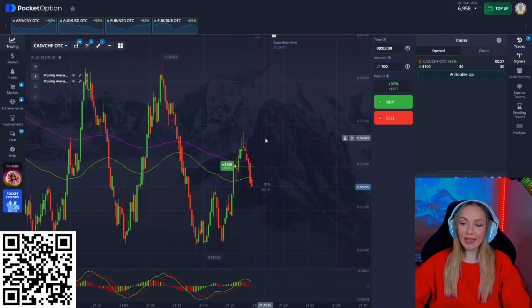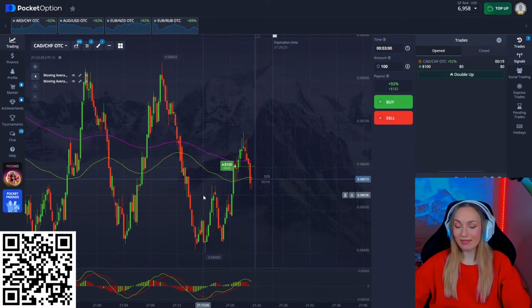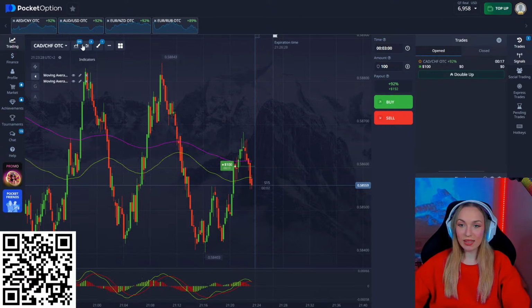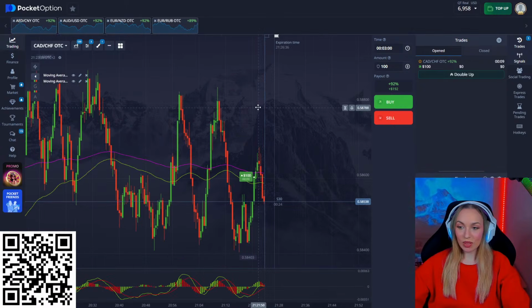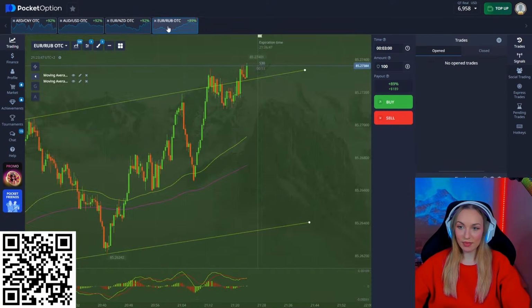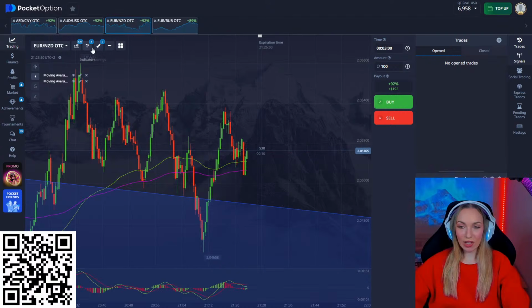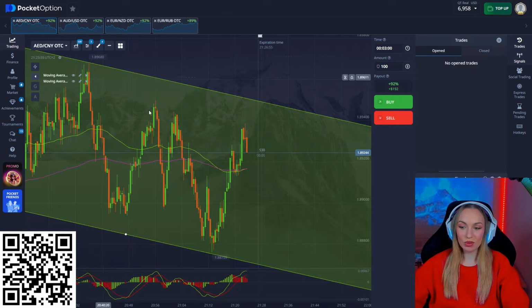Oh my god, yeah, that's what I hate. That's why I hate to open the trades on the small time frame, because too much risk, guys. I opened this trade on 15 seconds time frame, so I'm telling you, 30 seconds, this is where we need to work. It's moving super fast and it's very difficult to guess the expiration time. Okay, the lesson learned, one more time, that it's very risky to open the trades on such